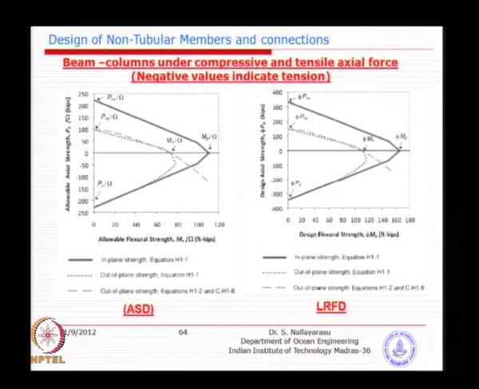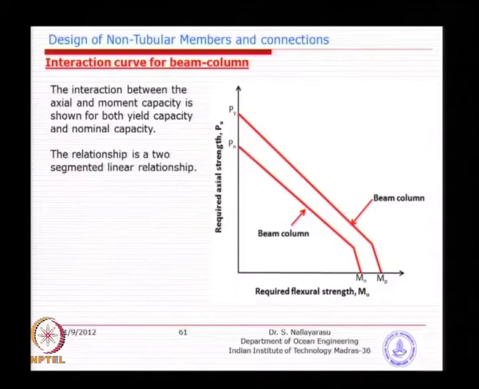This is the diagram that I have just taken from AISC for both LRFD and ASD, just to give you an idea that you may have the axial force either tension or compression. So, that is the idea behind. You see here this is compression, the negative value means tension, just a mirror image of the graph I have just shown here, which you will see on the other side.